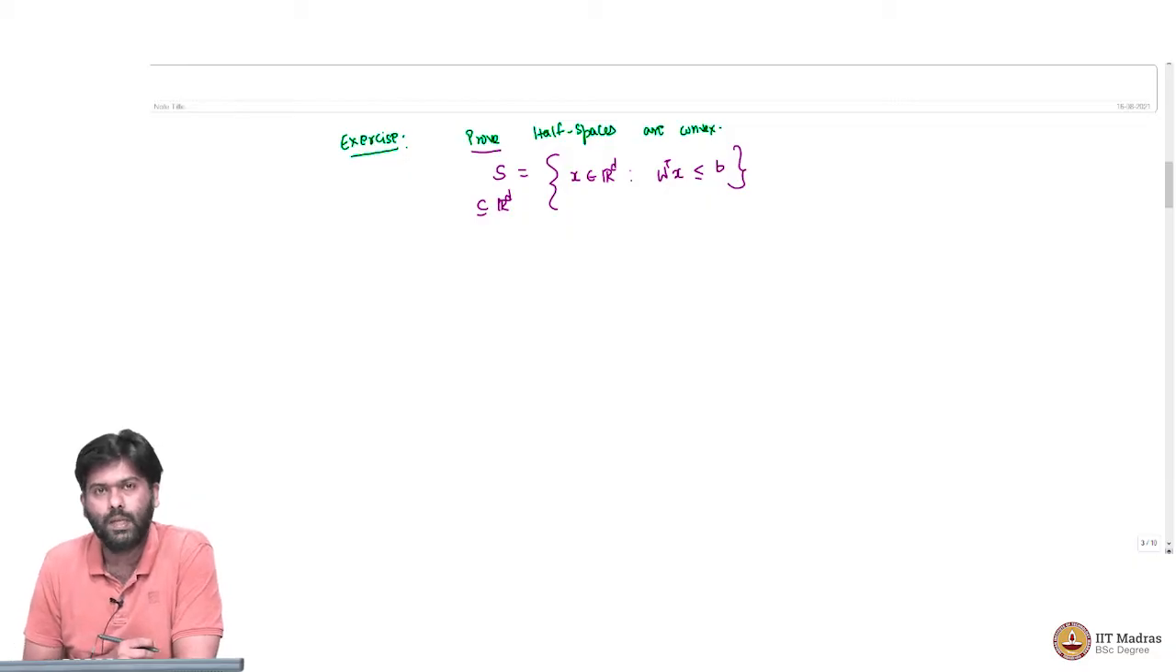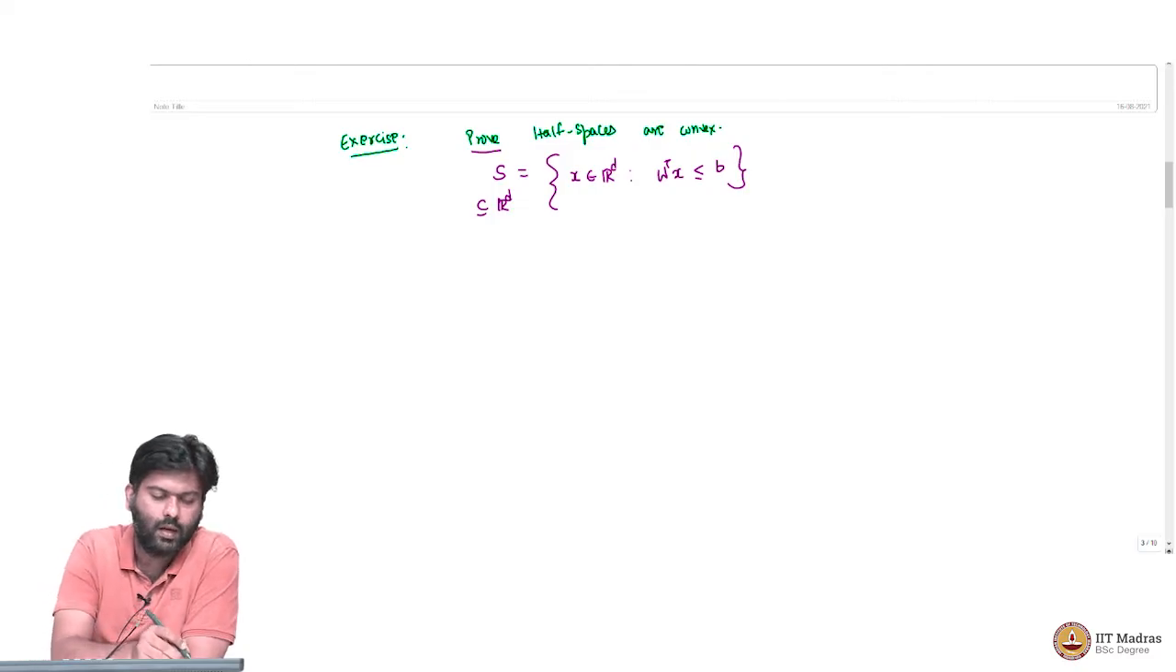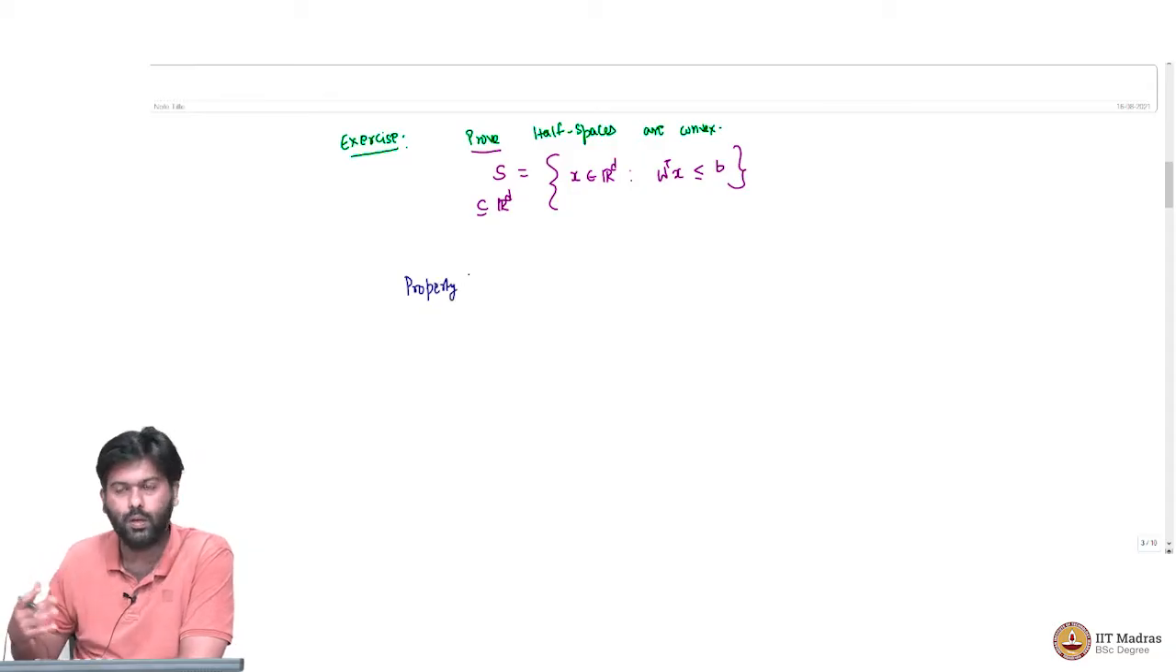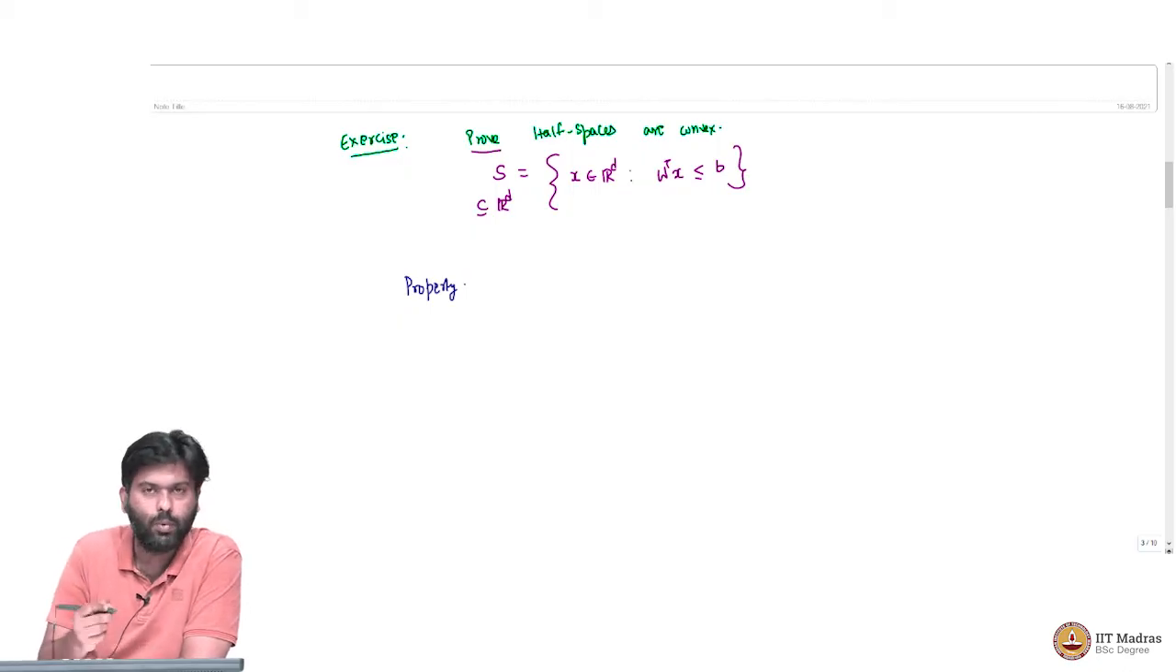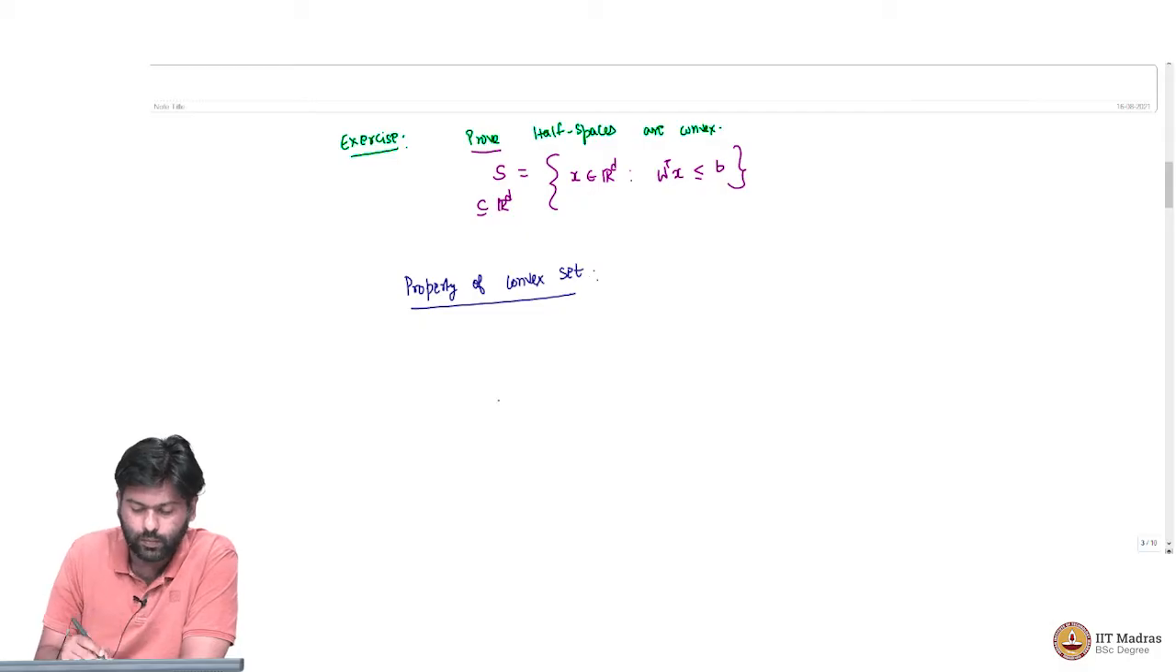Now we are going to see an interesting property of convex sets. There are several properties. It would be too much to list all of them in this course, but we will see some properties which are relevant to our discussion. So we will look at one property in particular. This is a property of convex sets. The property is the following: